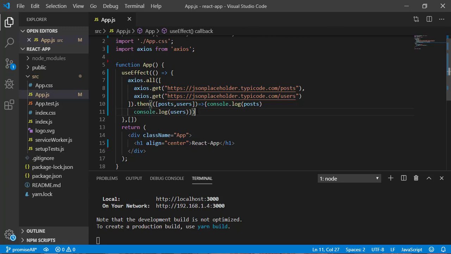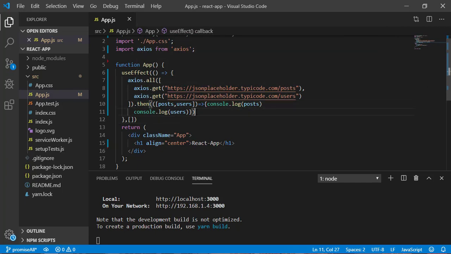Unfortunately, Promise.all only resolves when all promises are resolved. So if any one of the promises fails, it will go to the catch block. As of now we don't have one, so let me define it here.